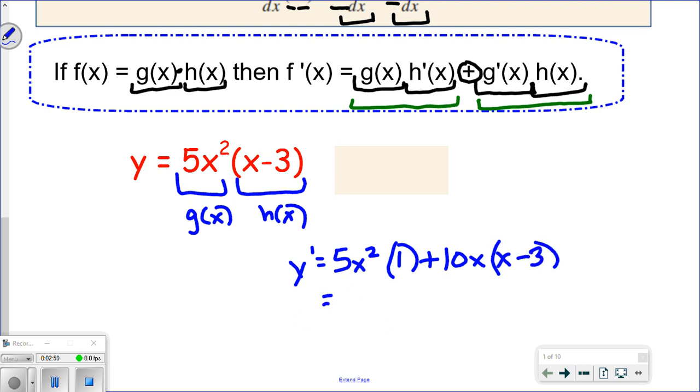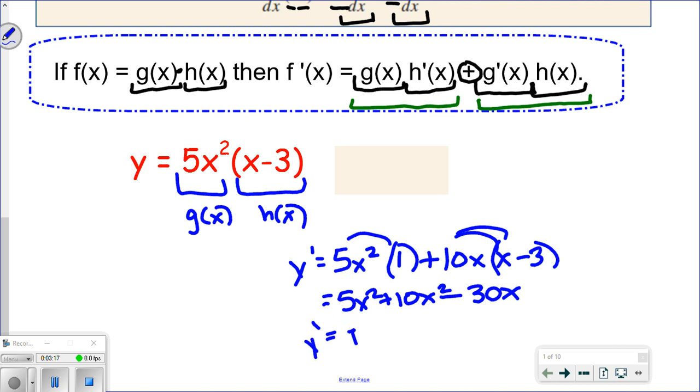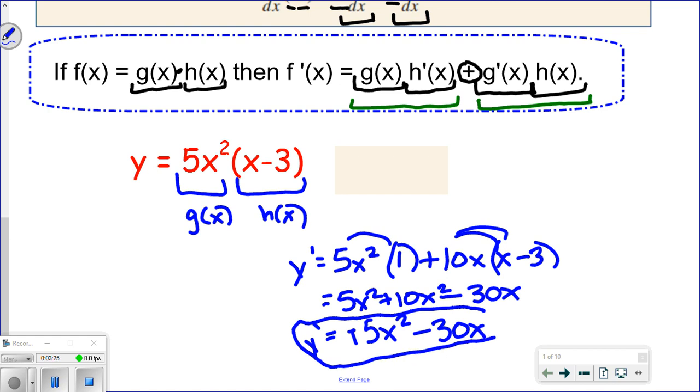And then I just clean this up a bit, so I have 5x squared plus 10x squared minus 30x. And once again, that would give me the derivative equals 15x squared minus 30x, which is exactly what we got up above. So you can see that the product rule does work,